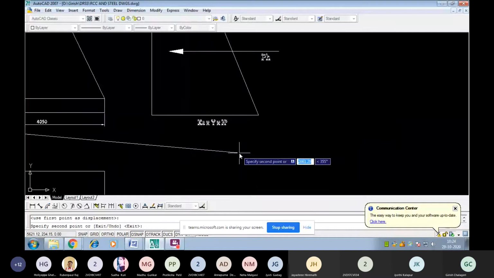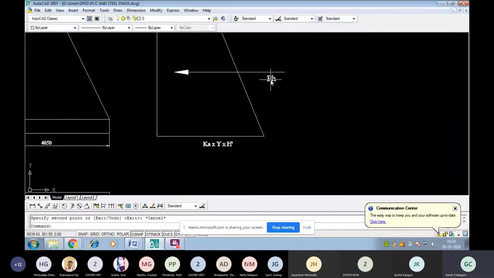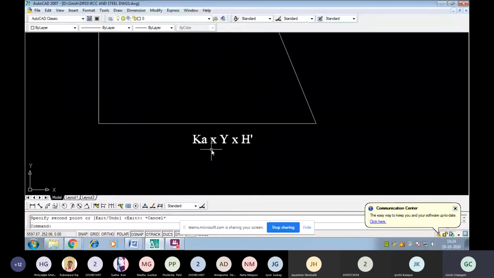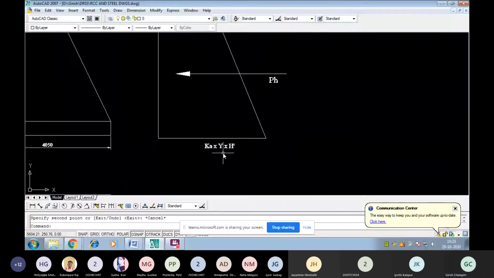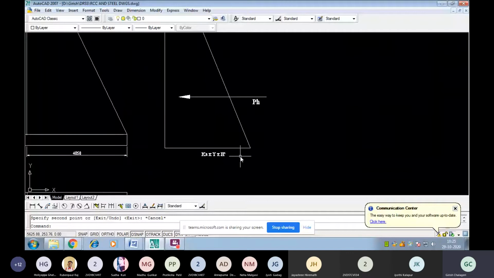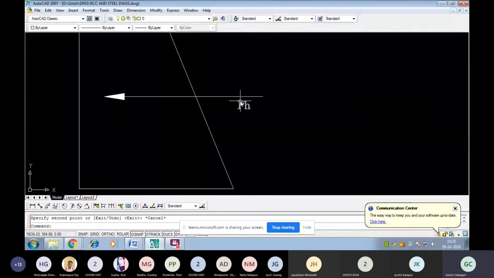Yes. So the pressure will be Ka into density into H, which we call pH. pH means this is a bottom force. Ka is the active earth pressure coefficient, density of soil, height of soil over this counter force. This is taken in terms of a triangle. So this is the base here. Half base times height H will be the pH value.